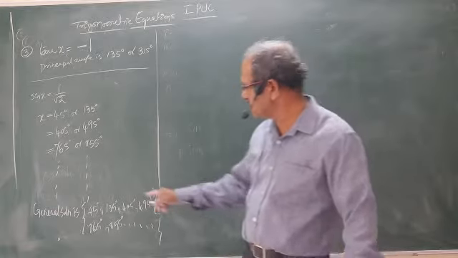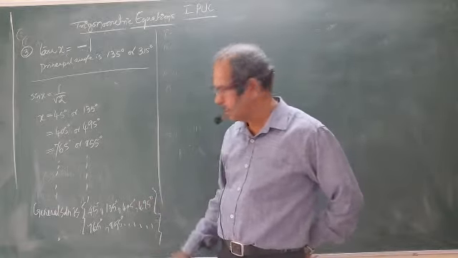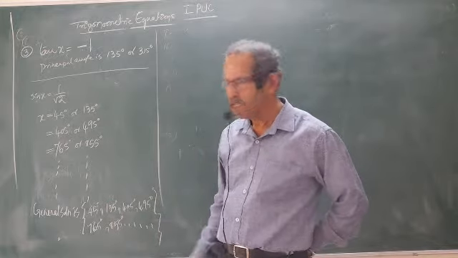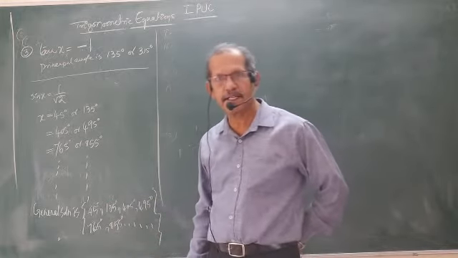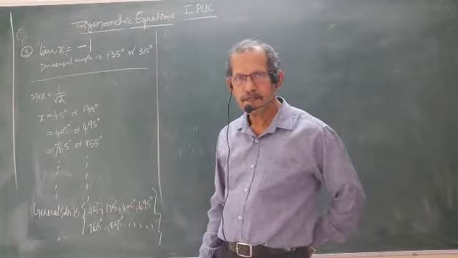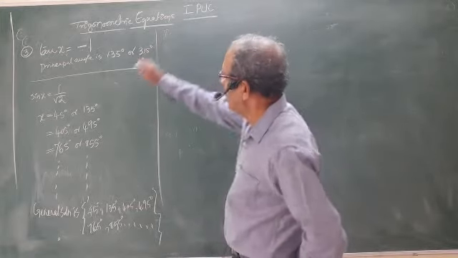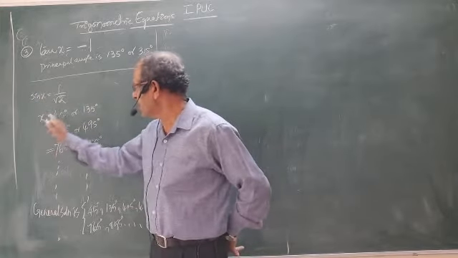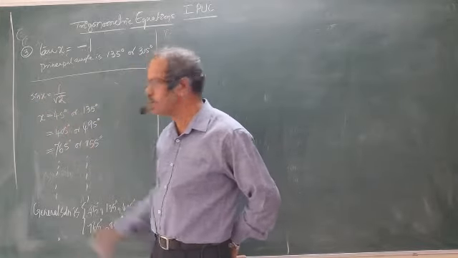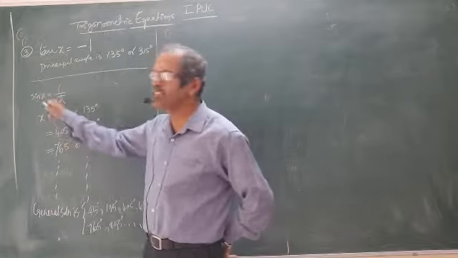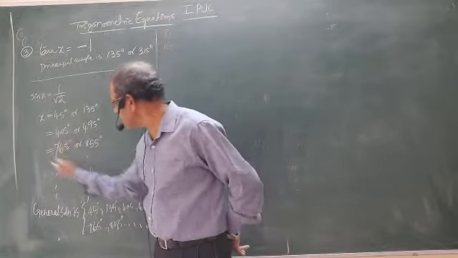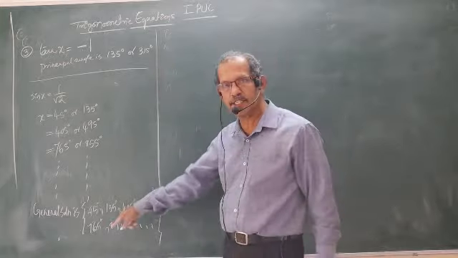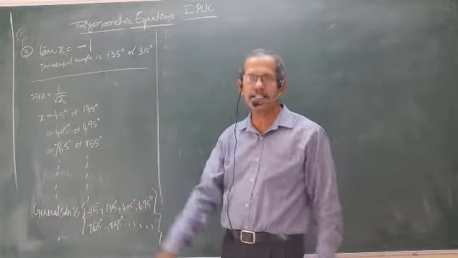Now actually this one is tedious, you see. Writing all the answers one by one. Instead of that, is there any simple method? Actually, sin x equal to 1 by root 2 means sin 45 is also 1 by root 2, sin 405 is also 1 by root 2, sin 765 is also 1 by root 2. No? So let me find the general solution. Any other simple method is there.